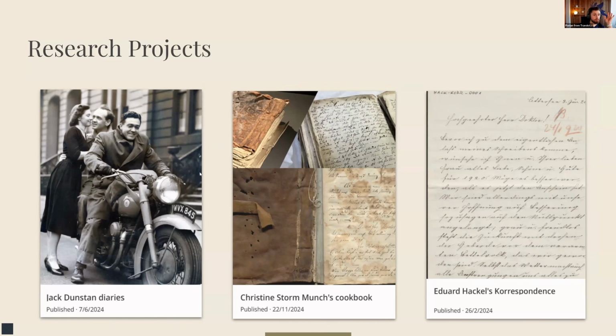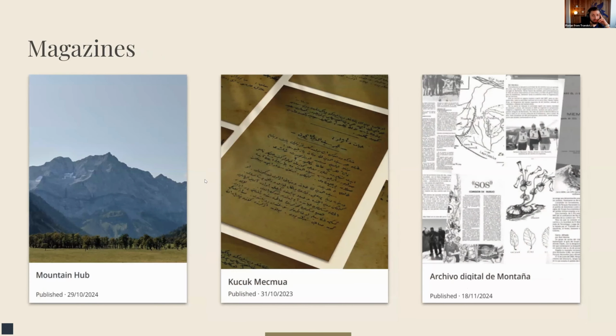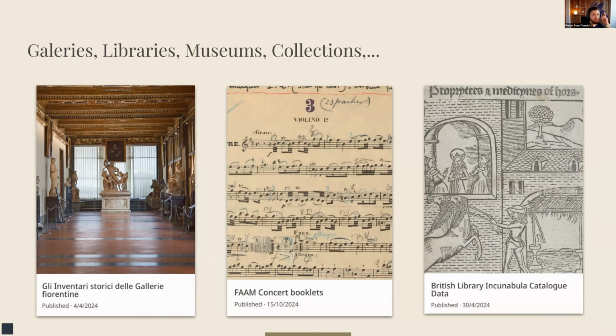I don't know all of them by heart because there are getting to be many sites available in Transkribus. Yeah, I encourage you to look them up as well. We also have magazines that have been published with Transkribus Sites, or also just galleries, libraries, museums, and other collections. There are also private individuals that have shared collections of their ancestors, for instance, with Transkribus Sites and